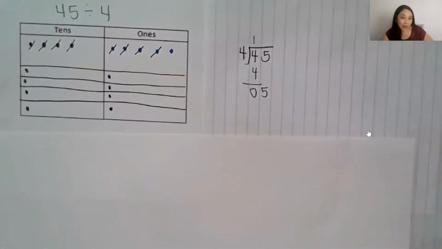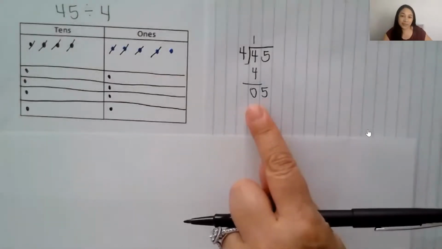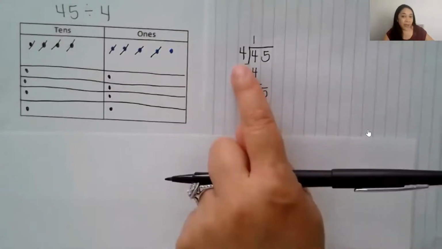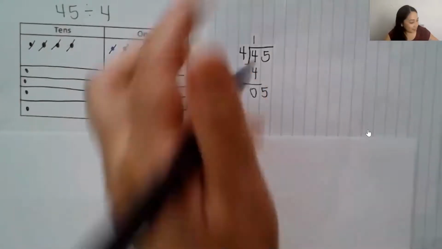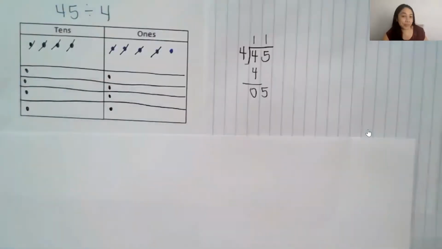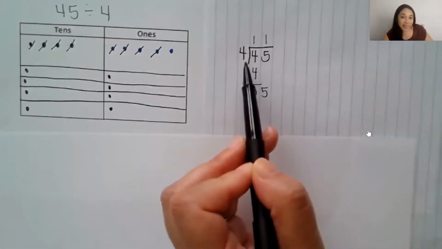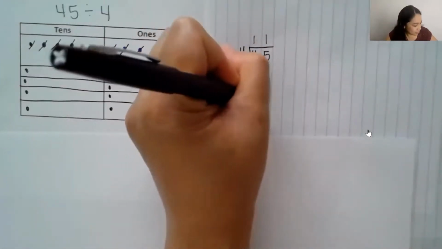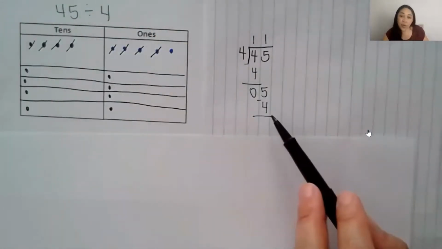How can we record what we just did using numbers? 5 ones divided by 4 is 1 one. 1 one times 4 is 4 ones. 5 ones minus 4 ones is